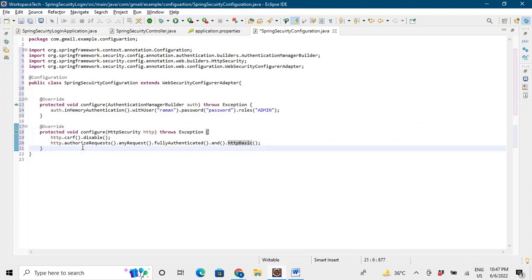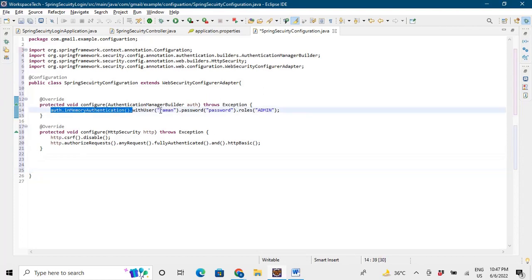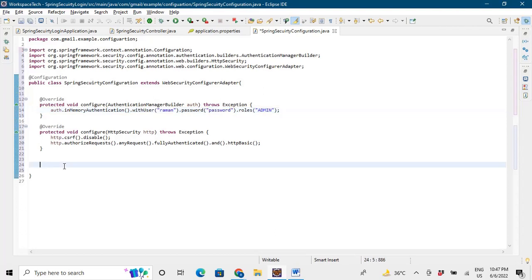Before going ahead, we also need an encoder of password, as right now we are using in-memory methods for user and password, which is hard coded. Spring doesn't understand that string password, it understands the encoded password. So we need to tell Spring that we are not using any encoder. For that we have to make a method that is public static